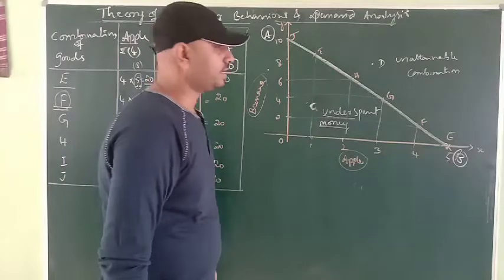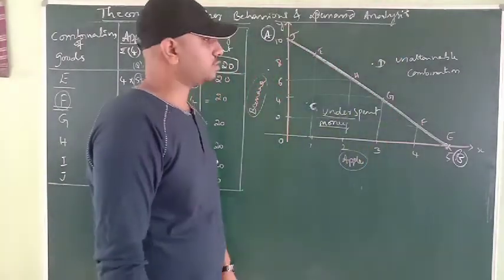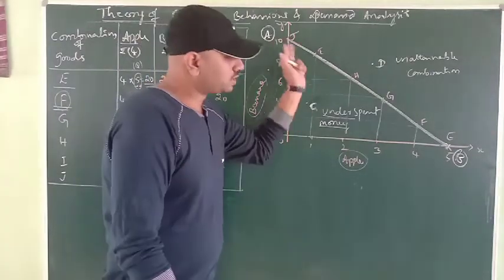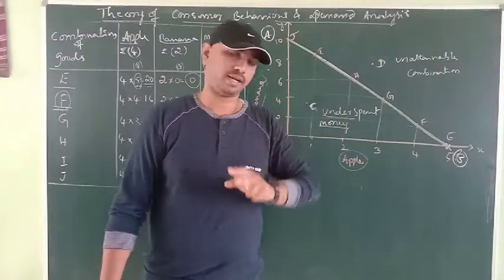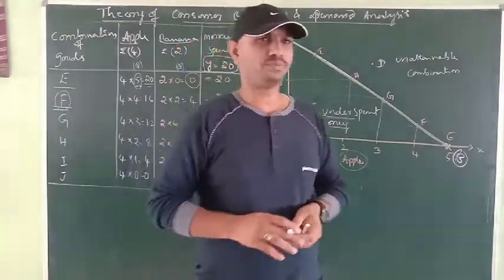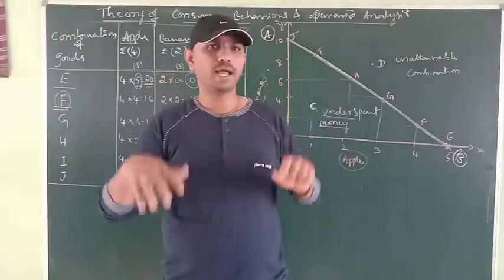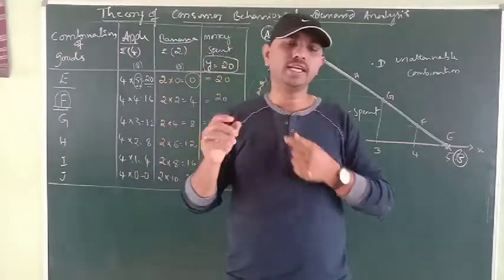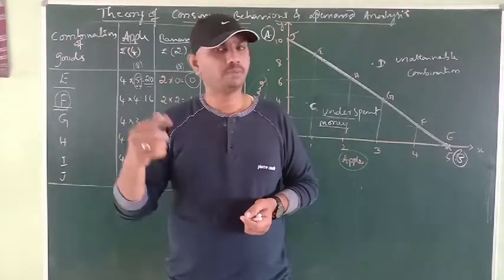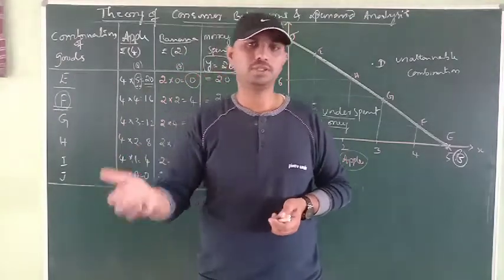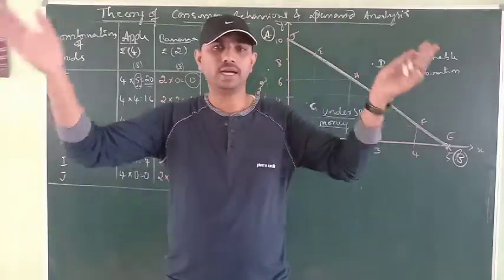And another point is called D, which lies above the budget line. Then that is called an unattainable combination. So within the given level of income, he cannot plan beyond his income capacity. For example, assume if I give each one of you 50 rupees to get something, then you have to plan, you have to predict everything that you can buy within 50 rupees.